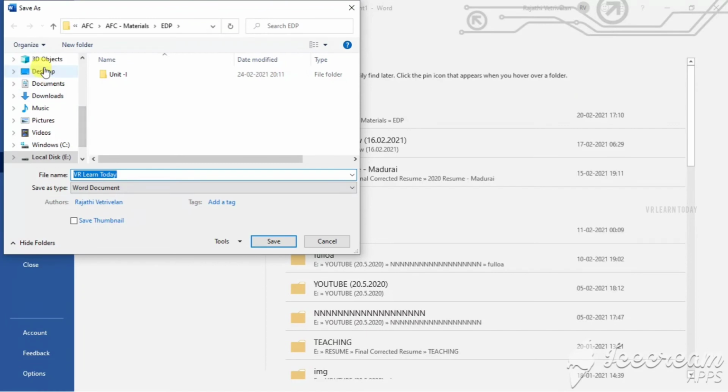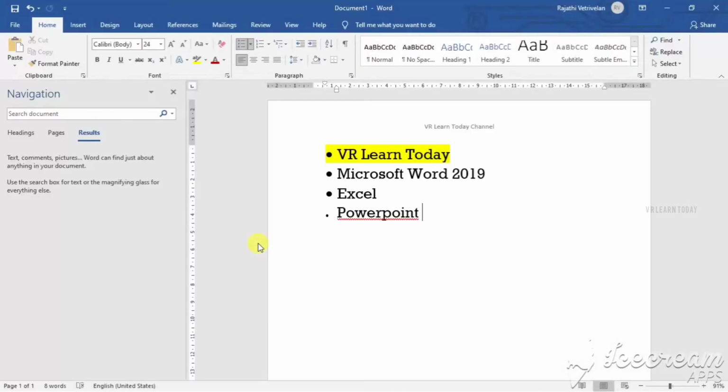You have to select the appropriate location. Then give your name. This is our document, so no need to change anything. Just click Save. See, the document is saved.